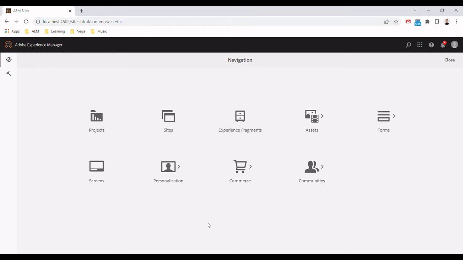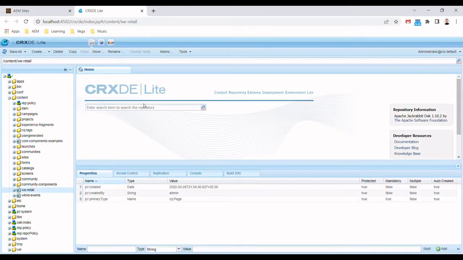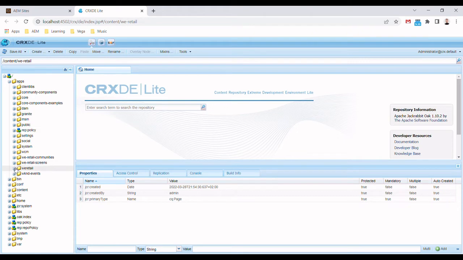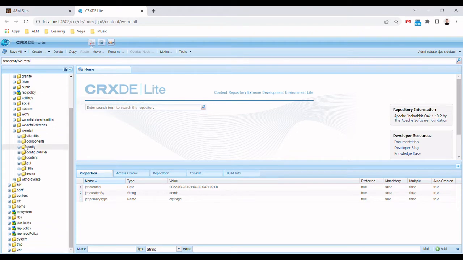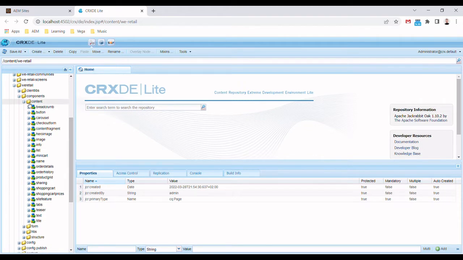I'm gonna try to use HTL in combination with Java and show it on a simple example. First, we're gonna go to CRXDE to create a component. We're gonna go to Apps, vRetail, Components, Content, and we're just gonna